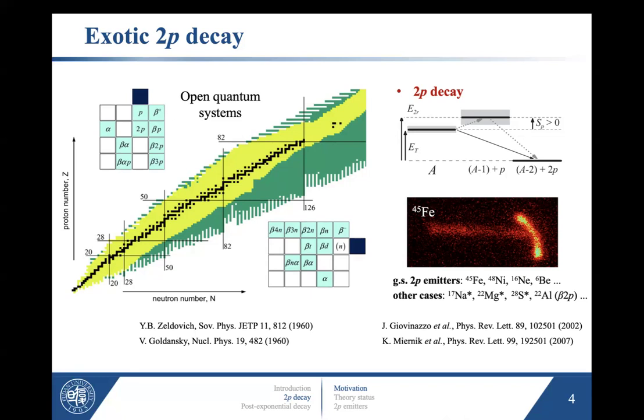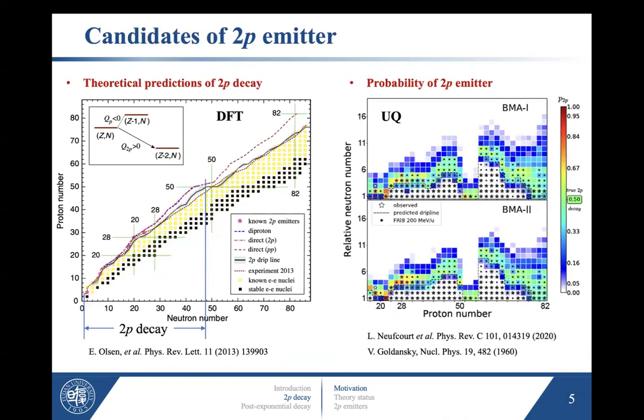So due to the development of the time projection chamber, later on more two-proton emitters have been observed, like nickel-48, zinc, and krypton. There are also some light nuclei that can be two-proton emitters, like beryllium-6, oxygen-11, oxygen-12. But because of the short lifetimes, it's really hard to directly measure these two-proton events. So far, a handful of nuclei have been discovered as two-proton emitters, but theoretically, there are many predictions